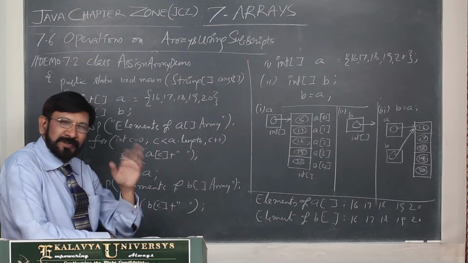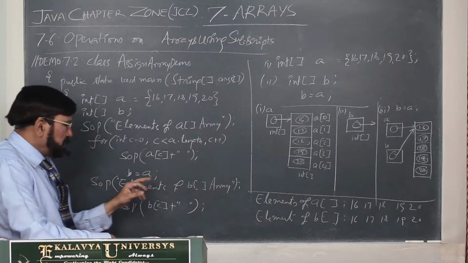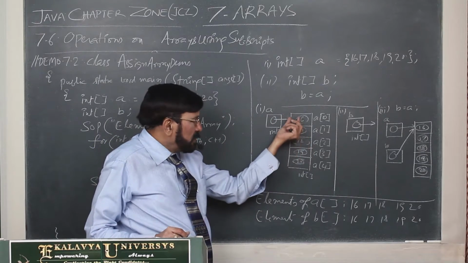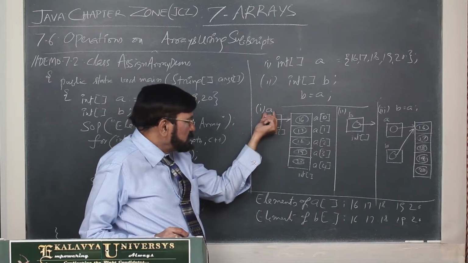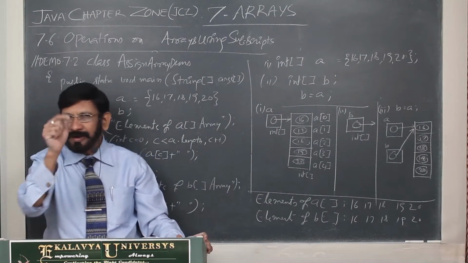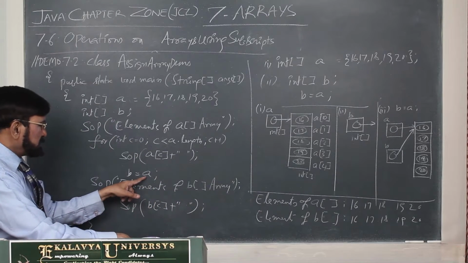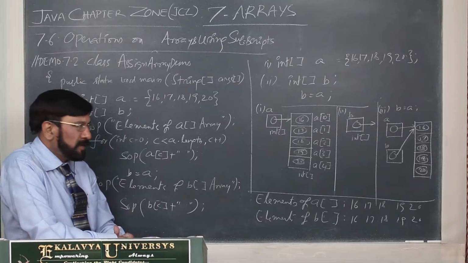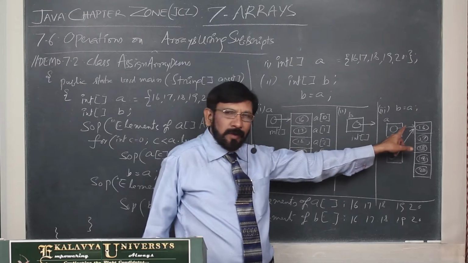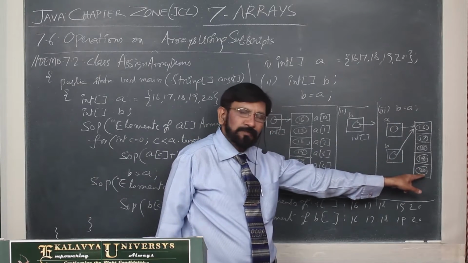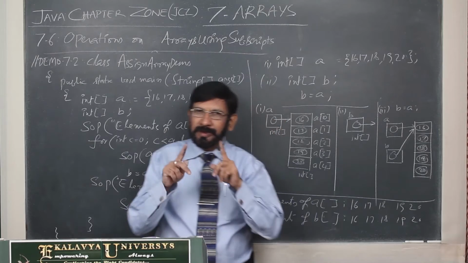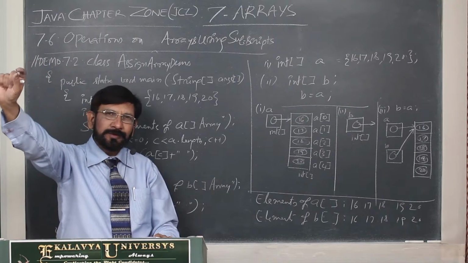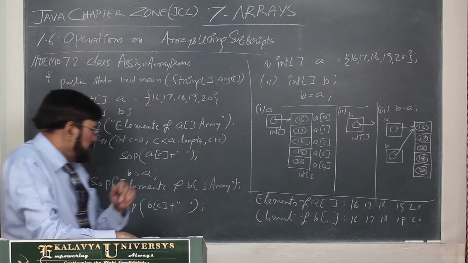A reference is assigned means you may not have clarity. That's why I am telling you. Now A is referring to this array. Array means its array's address is stored in A. That what we are calling reference. That address is being assigned to B as a result of this assignment statement. As a result of that, what happens? Both the reference variables are referring to one array. That means A string and B string both are tied to single kite. That you have to understand.